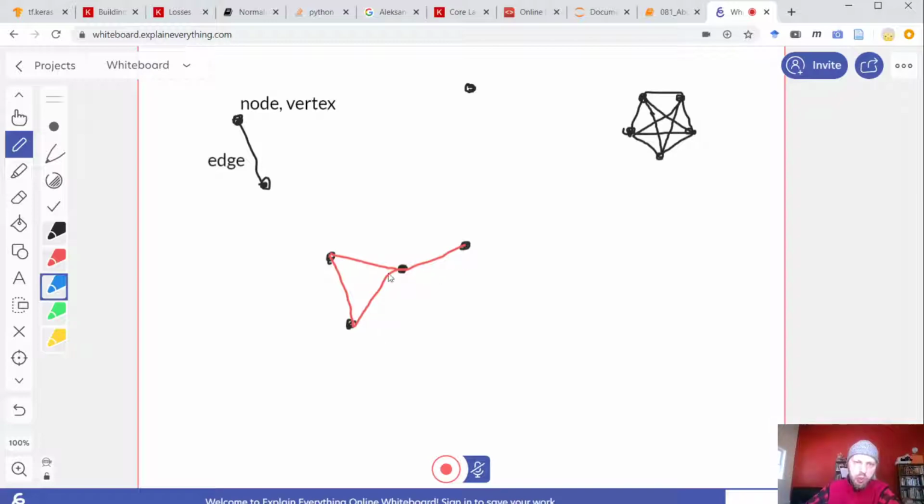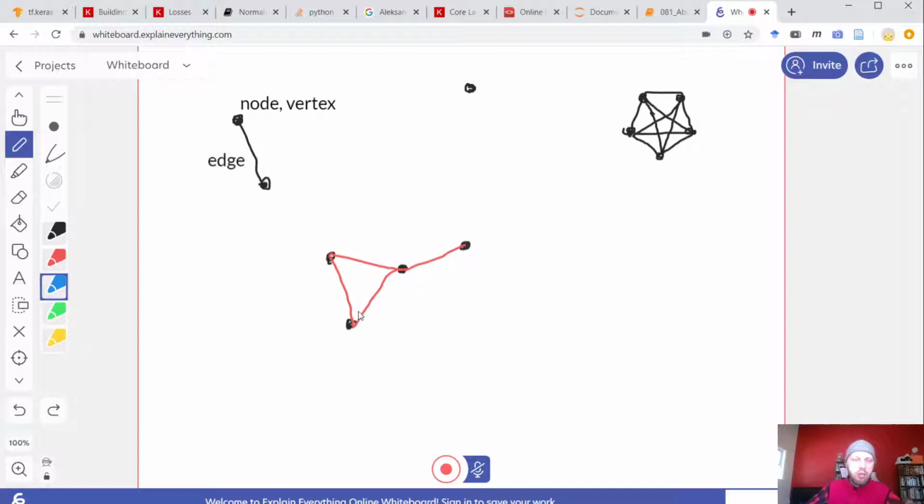Look, some nodes have 1 connection only coming into them. Some nodes have 2 connections. This node has 3 connections. So nodes are different. Also, we have an interesting structure here. Around here, we have a thing called a cycle. So there is an edge, and you can walk on these edges and return back to the same point, which is nice. This thing is called a cycle.